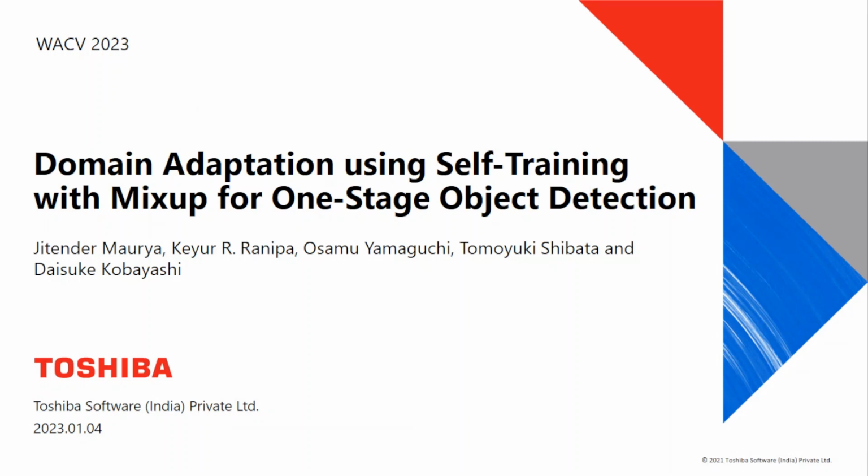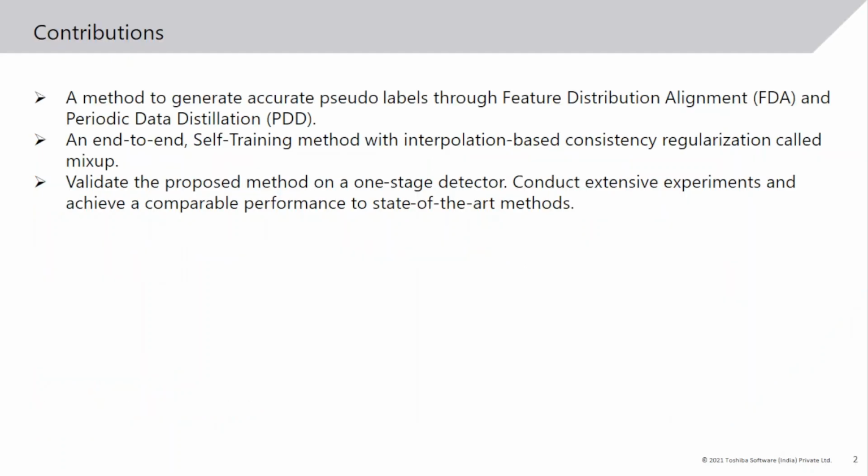I am going to present our work, domain adaptation using self-training with Mixup for one-stage object detection. We propose a method to generate accurate pseudo labels through feature distribution alignment and periodic data distillation. And also we propose an end-to-end self-training method with interpolation-based consistency regularization called Mixup and confirm its validity in the